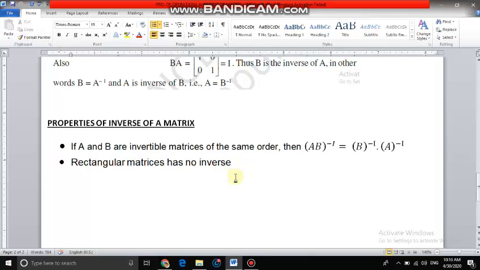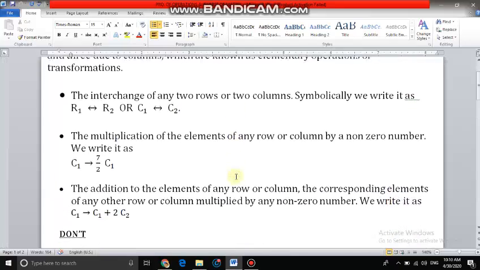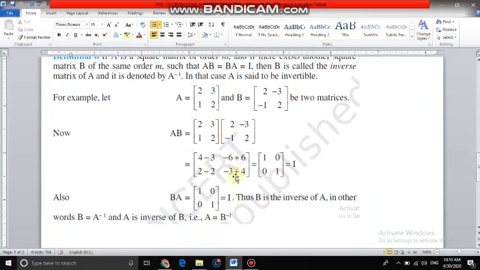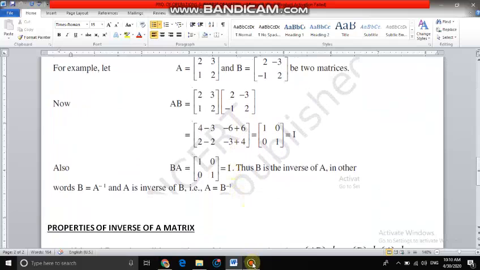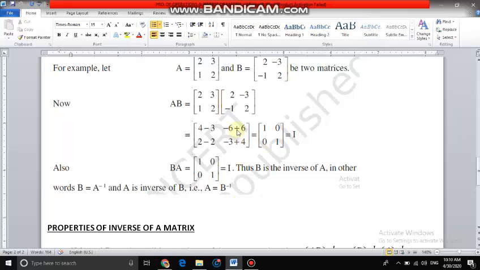So this is the video which explains the properties of A inverse, elementary row operations, what are the operations you can apply and what are the operations you cannot apply. Then the introduction of invertible matrices, what is the inverse of the matrix. Now there are two ways to find the inverse of the matrix. One is using elementary row operations or column operations, that is the first method. The second method is using the determinant and adjoint of a matrix. So these two methods we'll discuss later on. Before that, we need a few more definitions or formulas to find the inverse of the matrix. So both the methods we'll discuss at the end of this chapter, how to find the inverse.